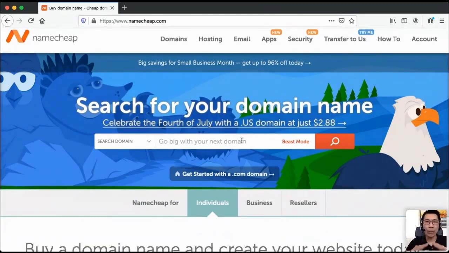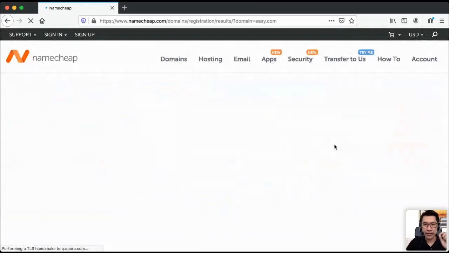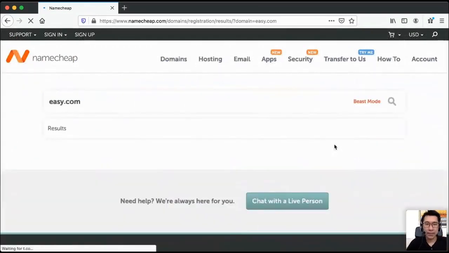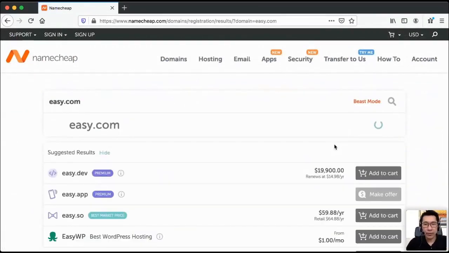So this is how you buy the domain name technically. You come over here and then you type the domain name that you want. Now, I'm going to give you a few key examples. The first one is I want to show you a domain name that doesn't exist anymore. Let's say I think about easy.com, and then click search. It will not be available anymore because it's a one-word domain name. Make sense?